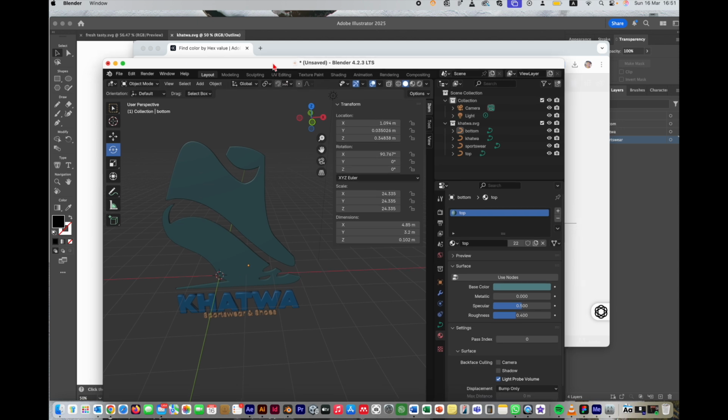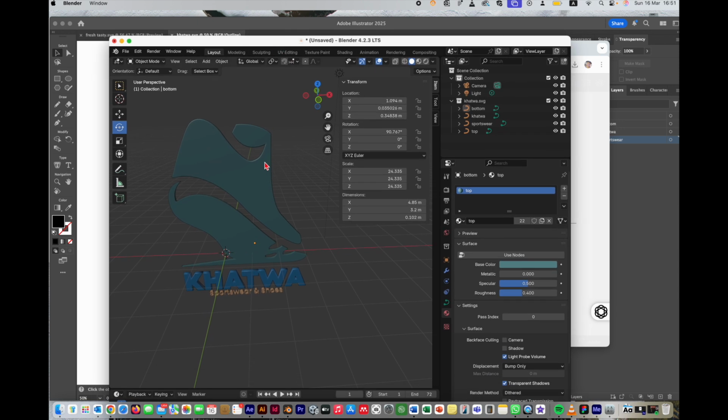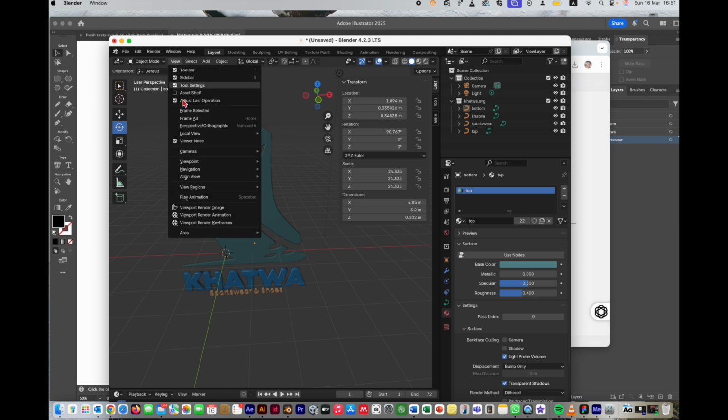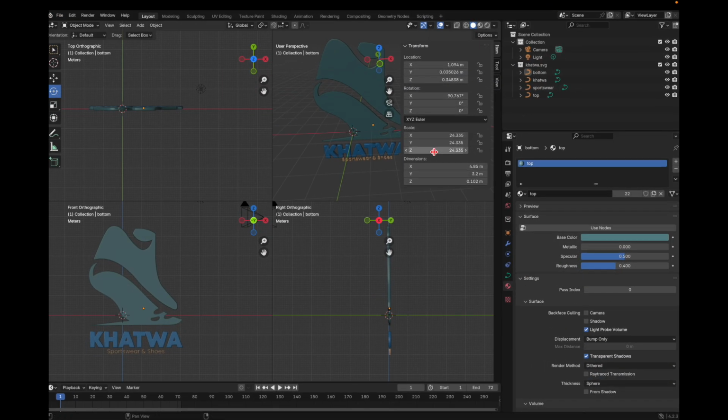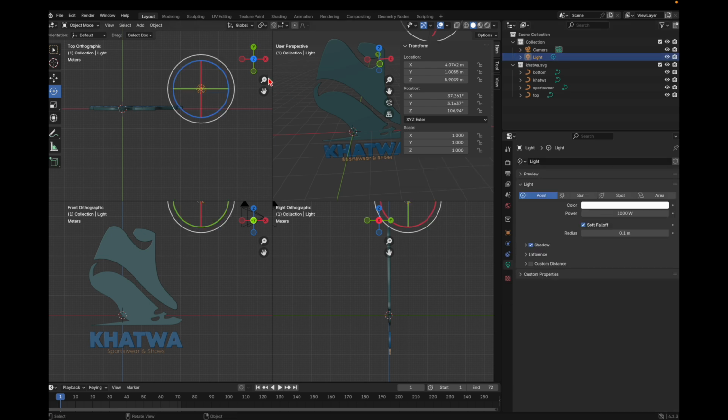Then the next step is to add the light. So how to add the light? First we will change this back to quad view. Okay, change everything to quad view. So by default you will have the lights on top. Okay, when you click on lights under the collection in the outliner, this is your light and this